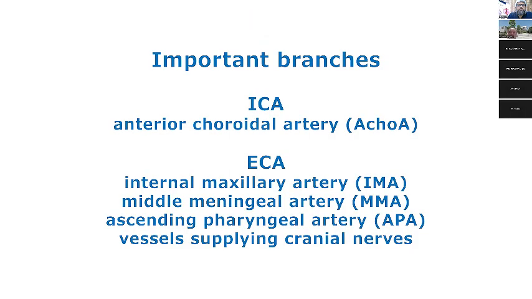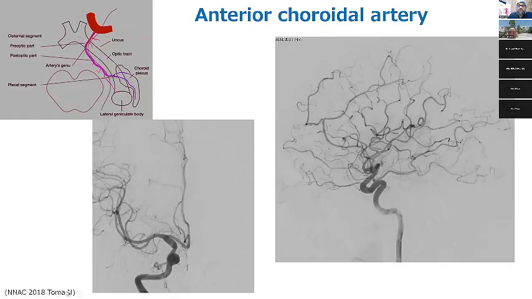Okay, then I would like to mention some clinically important vessels that are branches of the ICA and ECA. I will talk about the anterior choroidal artery, internal maxillary artery, middle meningeal artery, ascending pharyngeal artery, and vessels supplying cranial nerves. The anterior choroidal artery is a very important vessel that supplies critical deep structures,